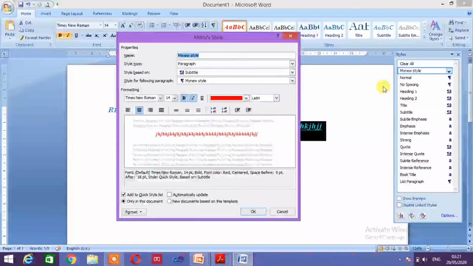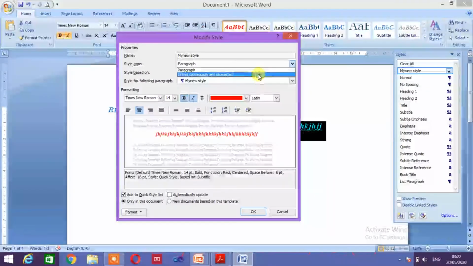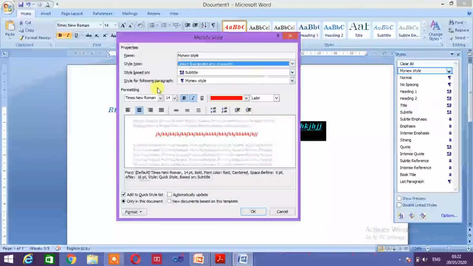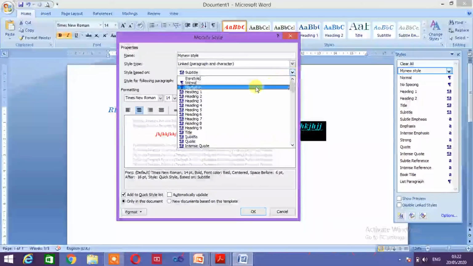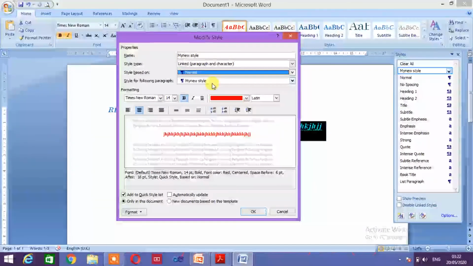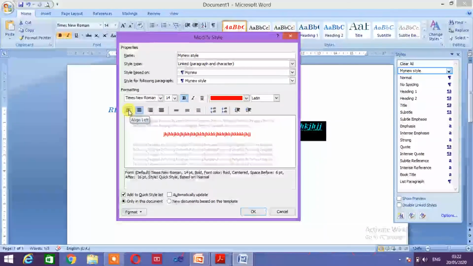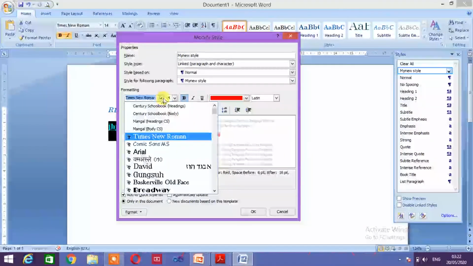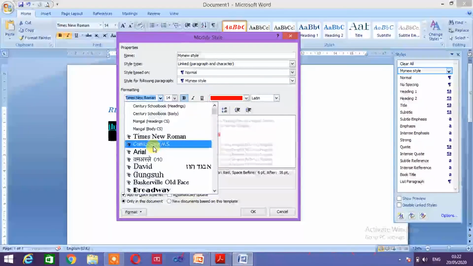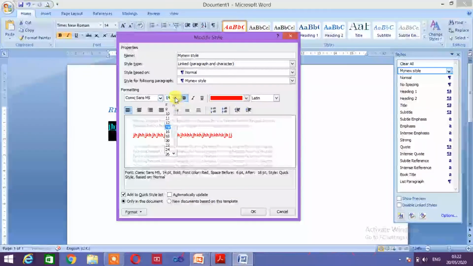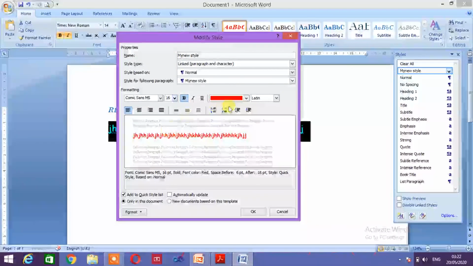Here you can see the name, applied name. You can change here the name also. You can change the style type. Now I want to apply this on paragraph and character both. So if you want to change style based on, I want to set normal form, so I will click on normal. And if I want to change the alignment left, if I want to change the font type, like I want to set Comic Sans MS. Font size I want 16. I want to change color,